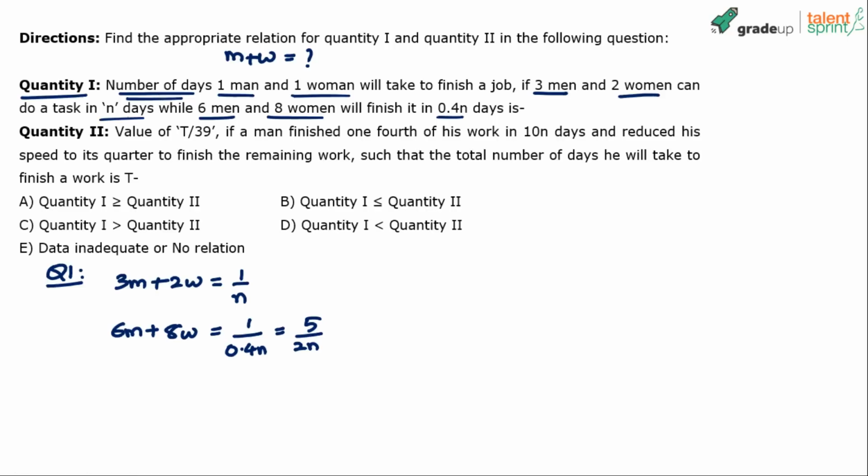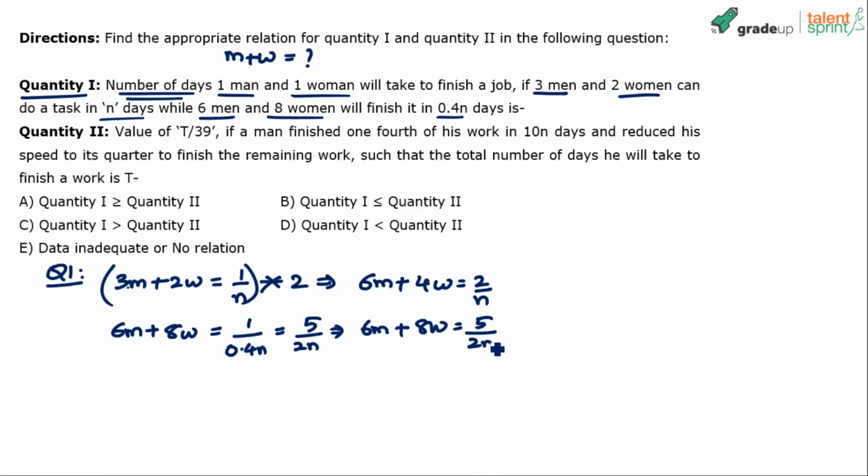Now, what's the easiest way of solving for m and w here? Let's multiply the first equation by 2, because 3m into 2 will give you 6m, so I can find the value of w easily. 3m into 2 is 6m, 2w into 2 is 4w, equals 2 by n. And the other equation is 6m plus 8w equals 5 by 2n. Now simplify. 6m and 6m get cancelled. 8w minus 4w is 4w equals to